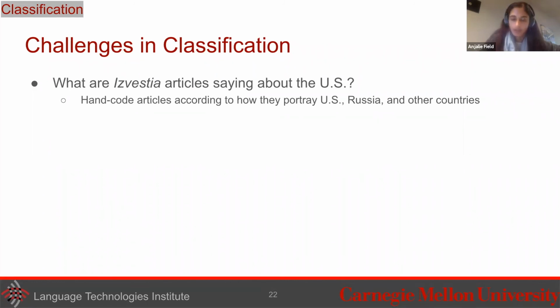And so one potential approach to understand this pattern is to do some more text analysis. We want to try to understand what the articles are actually saying. And the initial idea that seems like the way to go here is to start with some hand coding of articles. So we take articles and come up with some kind of annotation scheme in order to code them for what they say about the US. Maybe we also want to look at what they say about Russia and other countries. And if we do enough hand coding on some manual samples, we could potentially build enough data to train a classifier in order to look at these portrayals in uncoded articles.